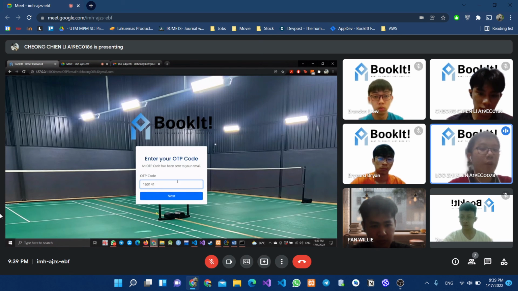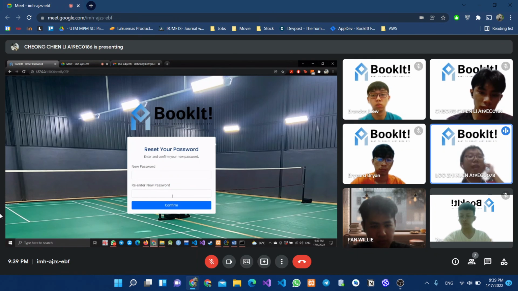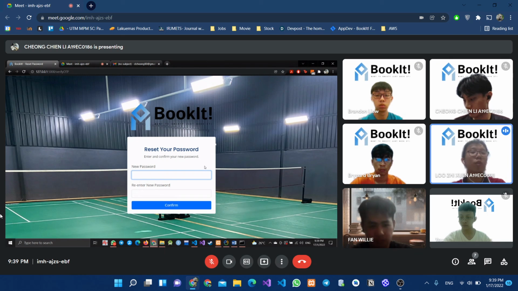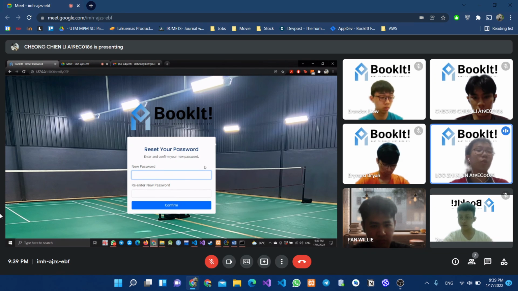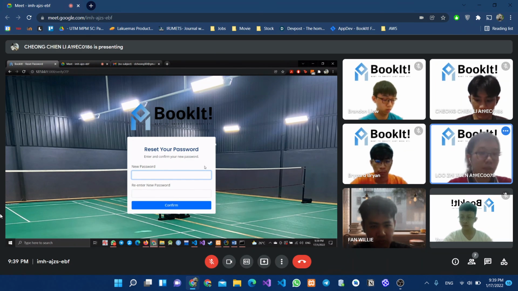All right, so when you press in the correct OTP code, next it will ask you to type a new password and re-enter the new password. So just now the password was 123. Maybe to have proof that the password is changed, you just put 1234. Okay, re-enter the password again, 1234. So let's try to make the new password different from the re-enter new password. Okay, when you confirm,